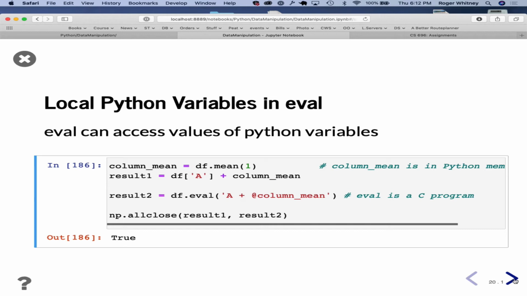Right, so eval can access the local variables in Python. So here I'm computing the mean of the data frame, and so I could just add the column mean directly, or I can use eval to do it for me, right? Give it the name of the column.